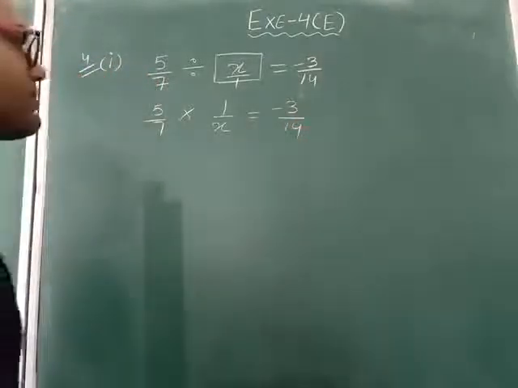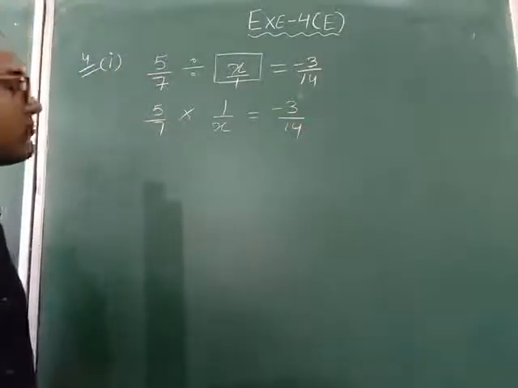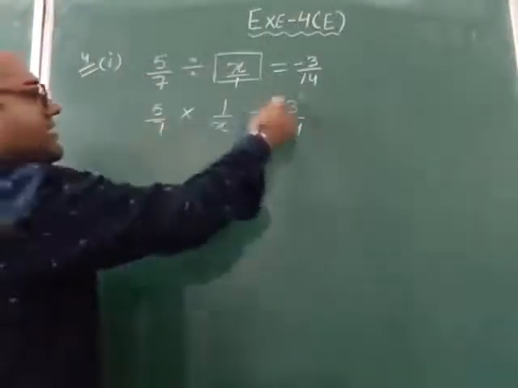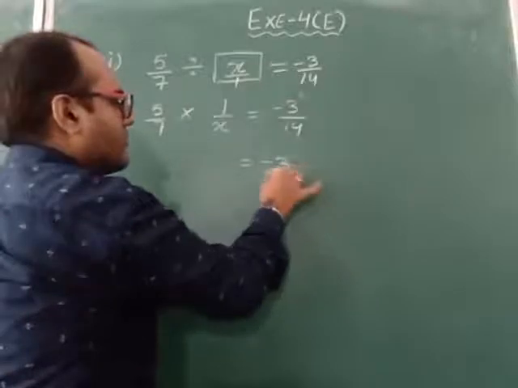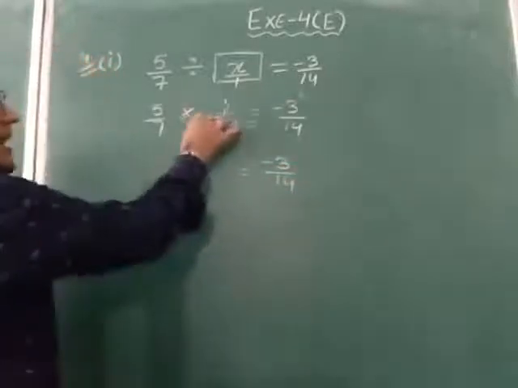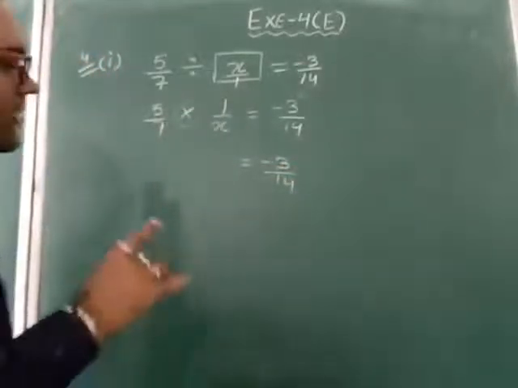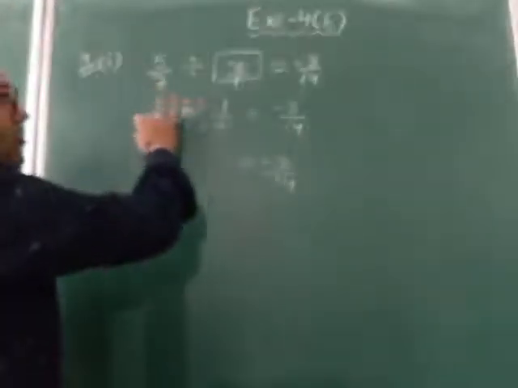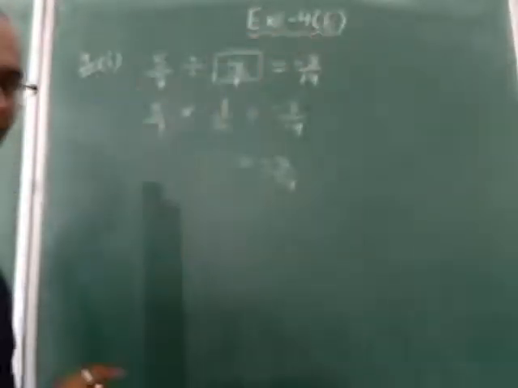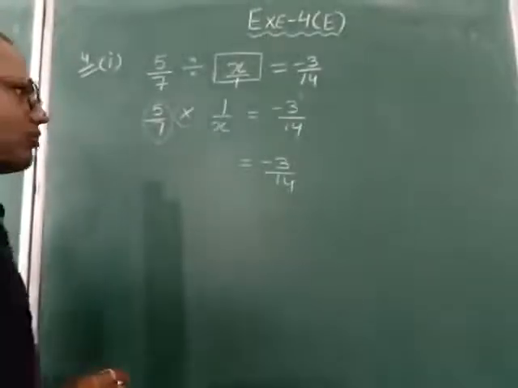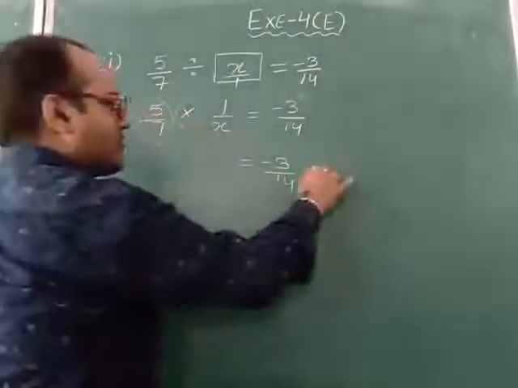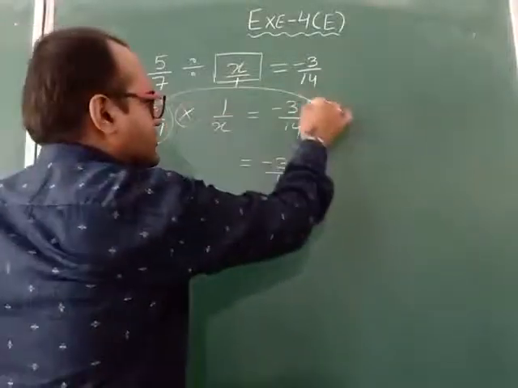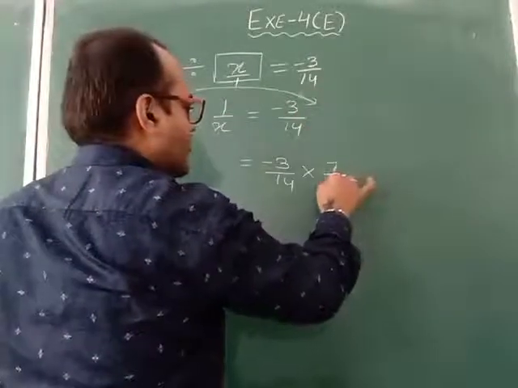Now next step, what do we have to do? This 7 is in the denominator. On the right hand side we have to shift it to the numerator. Here the multiply sign is coming in between. So whenever a multiply sign is there in between, this full fraction will go to the right hand side and we have to take the reciprocal. 5 upon 7 is written, we will put a multiply sign. Now instead of 5 upon 7, this will be written as 7 upon 5.